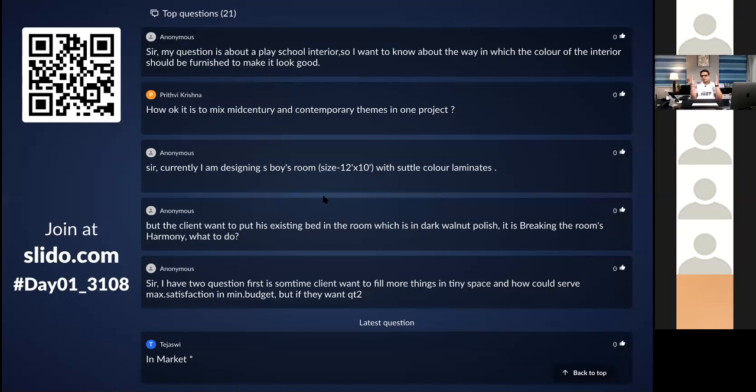What you can do is go ahead and look through one complete catalog of laminate, and you'll understand how many shades you get out of just one catalog. You'll find 10 to 15 catalogs in one shop. So just do that little bit of research, and you'll understand what is majorly used.